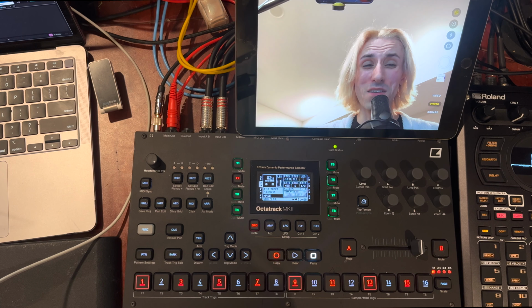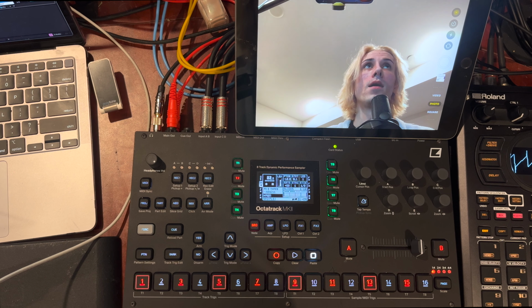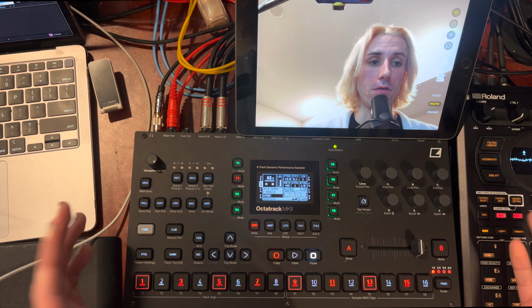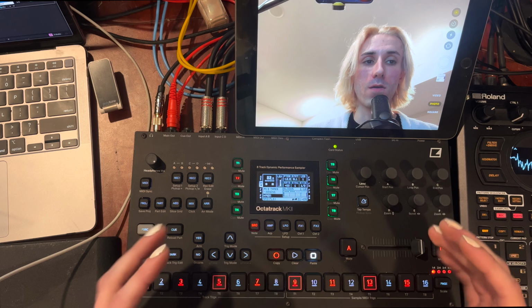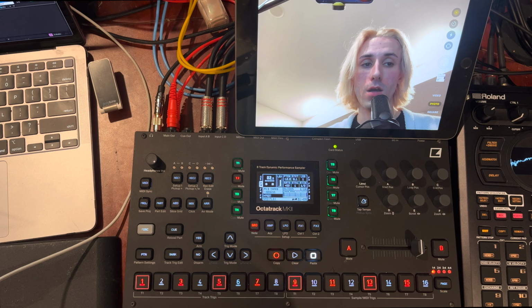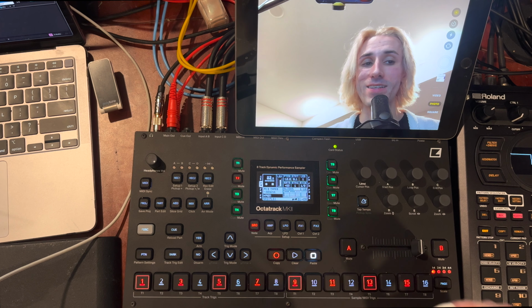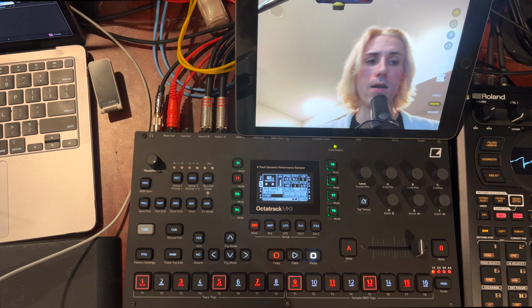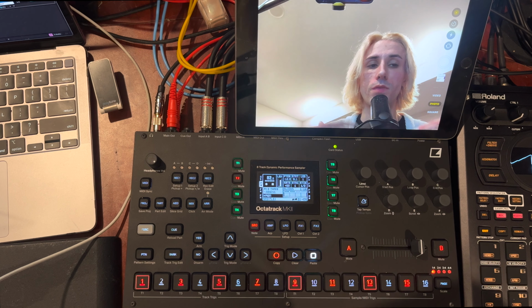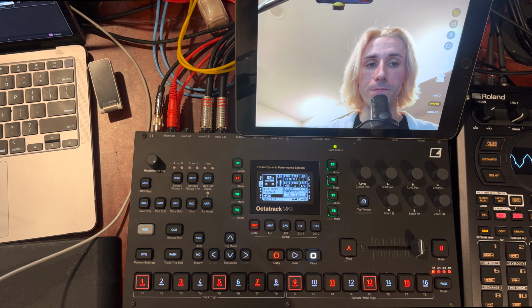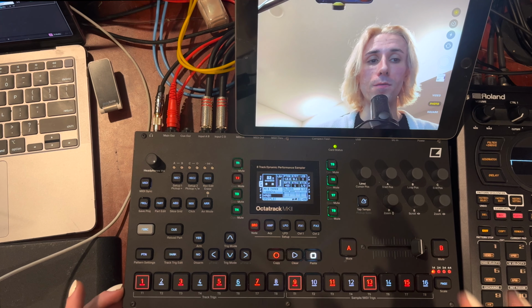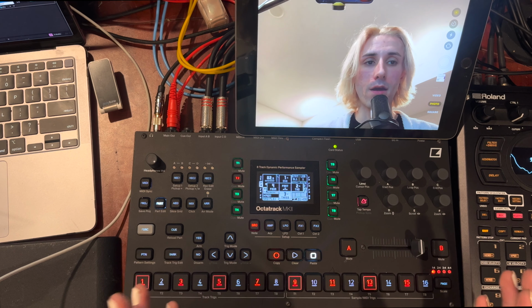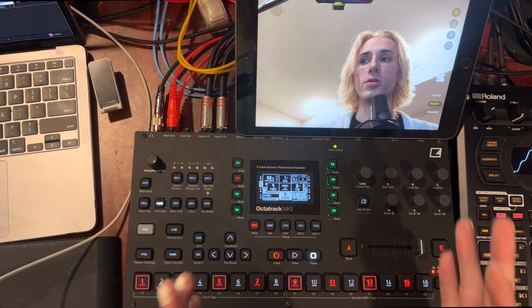So, a few things that happened there. At first, I let the sequence play pretty much the full 4 bars before I went to change the part. That kind of made it so that each part was a different section of the same pattern. Then I went a little bit more crazy with it. I was changing the parts quickly within that 4-bar sequence to create